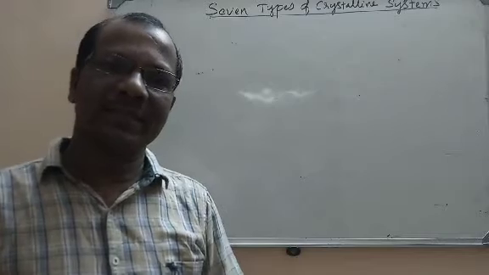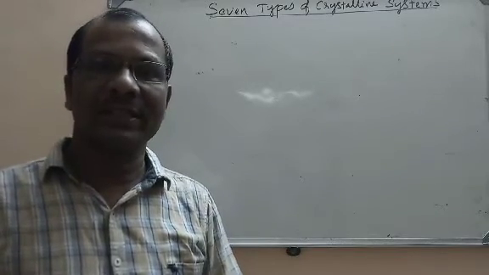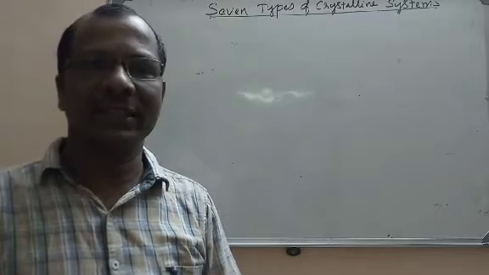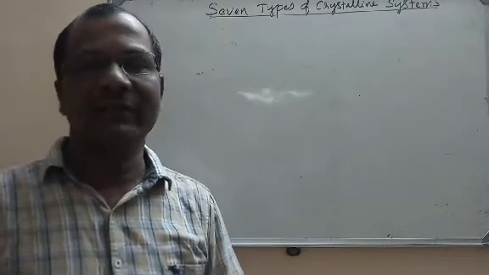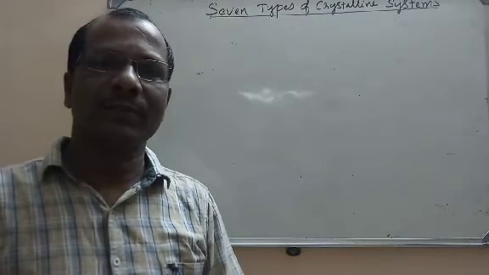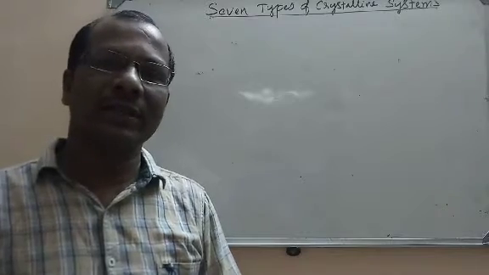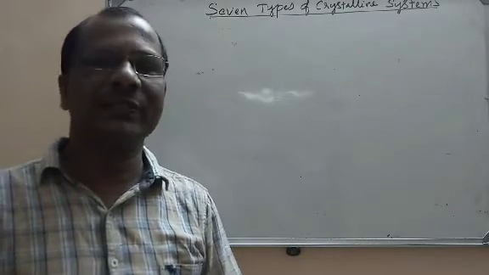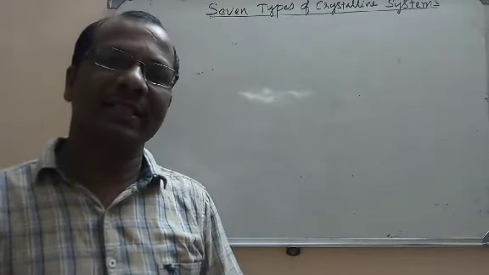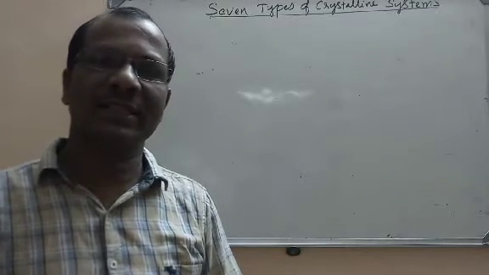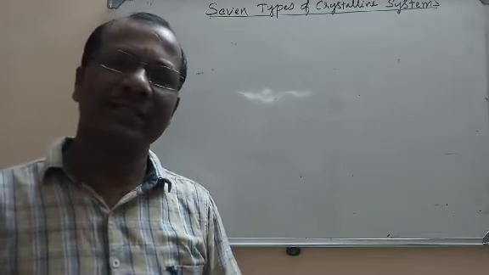If the points are present at the eight corners of the unit cell as well as at the center of the unit cell, then it is called a body centered unit cell. In the same way, if the points are placed at the eight corners of the unit cell and also at the center of each of the six faces, that means 8 points at 8 corners and 6 points at the centers of the six faces, then it is called a face centered unit cell.